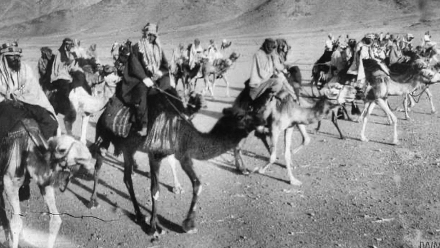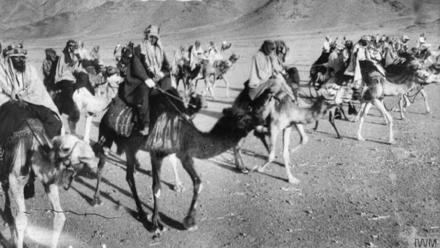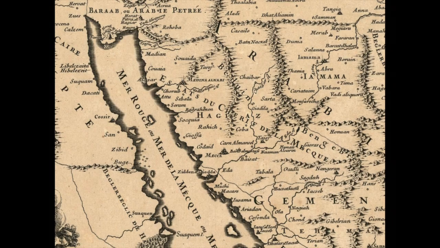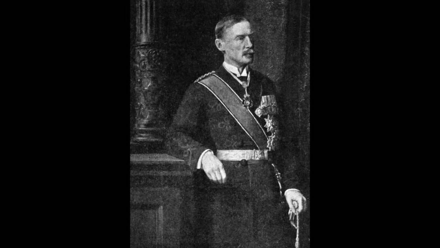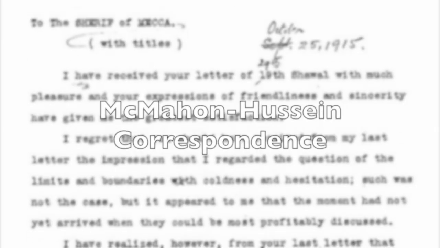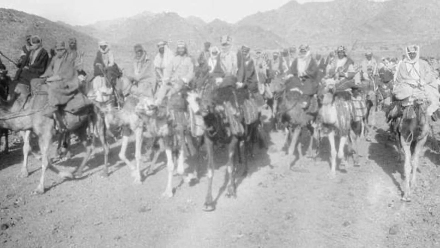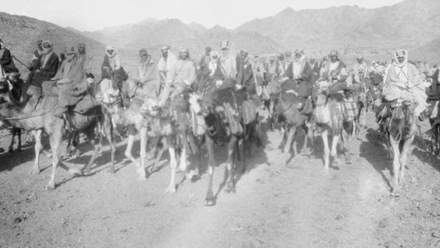From July 1915 to March 1916, a series of letters would be exchanged between the Sharif of Mecca, the semi-autonomous ruler of the Islamic holy city of Mecca and its surrounding areas, Hussein bin Ali, and the British Lieutenant Colonel Henry McMahon, known as the McMahon-Hussein Correspondence, where the British would persuade the Arabs, under the lead of the Sharif,